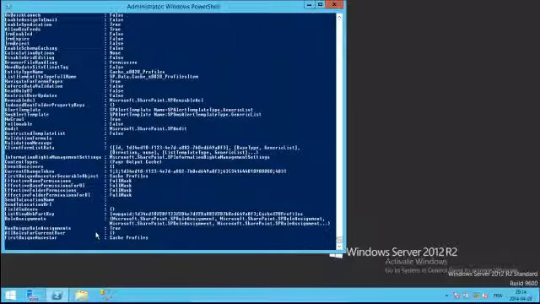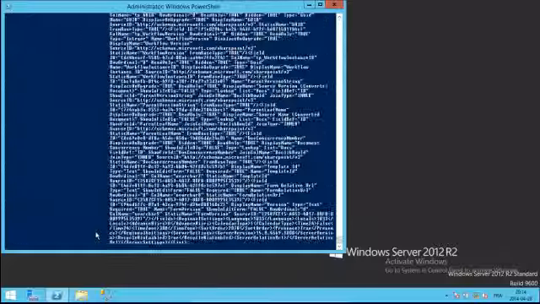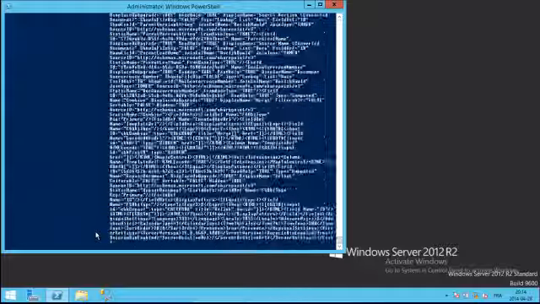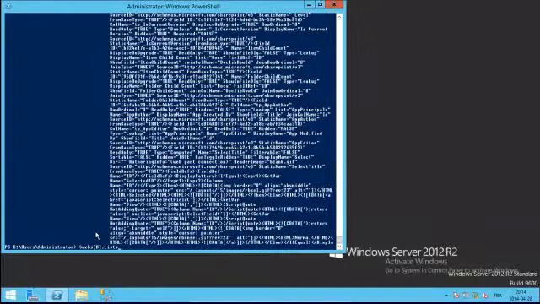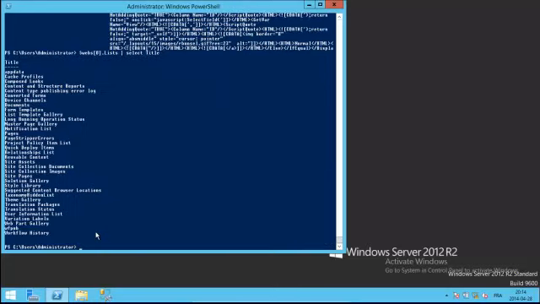So okay, this is a little crazy. It's printing me the content of every single list, all the properties and stuff. But you can see I have a bunch of them in there. So what I'm going to do is select title. I just want the title of all the lists that are in my web. And there you go. So you see how I started with one object and I start digging deeper and deeper in the object model. In SharePoint, you have cmdlets all the way down to the